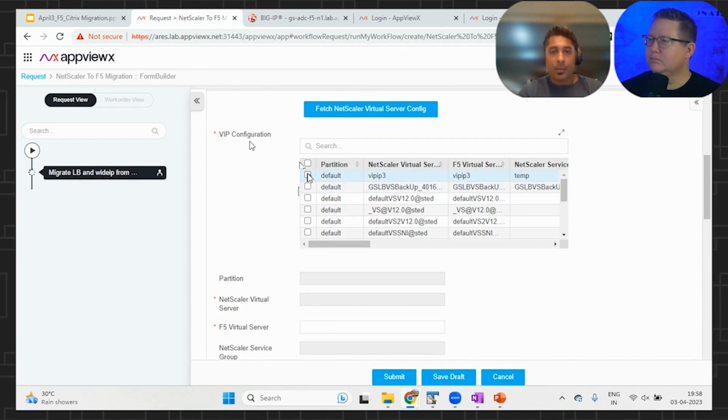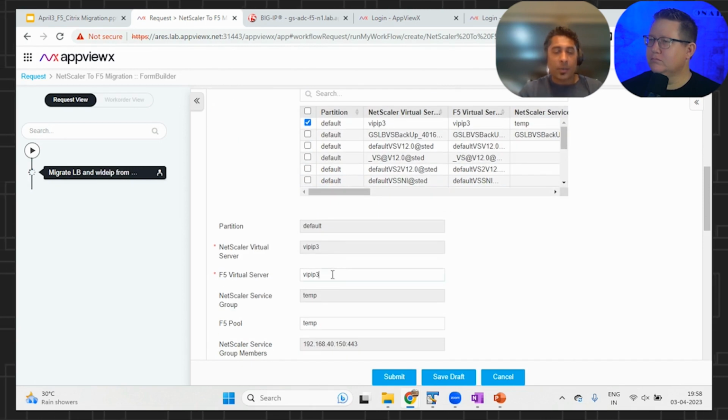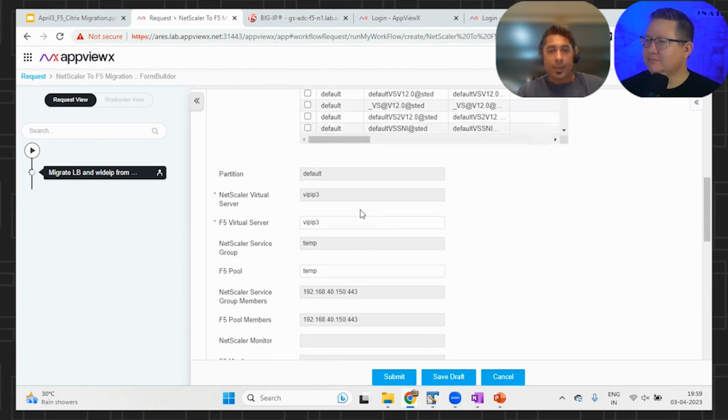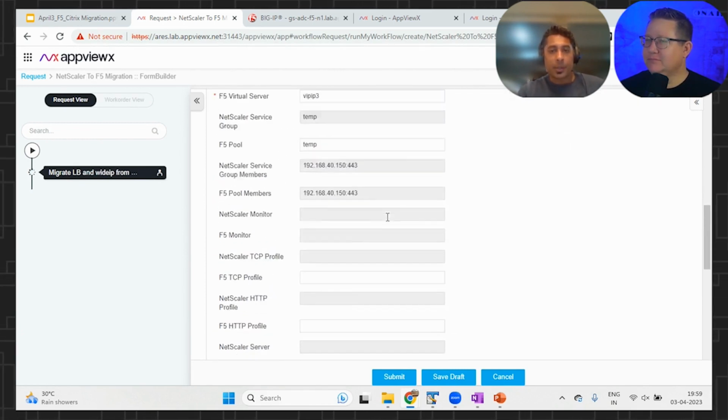And then if at all any sort of naming conventions, the virtual server details have to be modified, you can actually modify and update it back here. I was going to ask that, like if you wanted to do a nomenclature change of some kind when you're migrating, it's like, hey, I wanted to change that for years. That's helpful. Good. So this is where you get a complete view of the SLB configurations, modify the nomenclature,